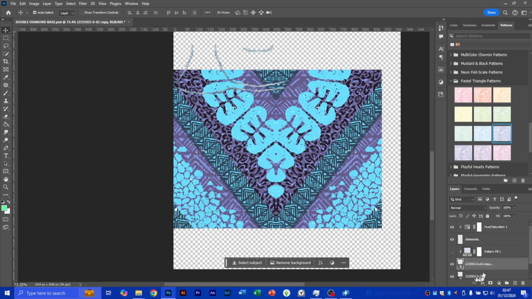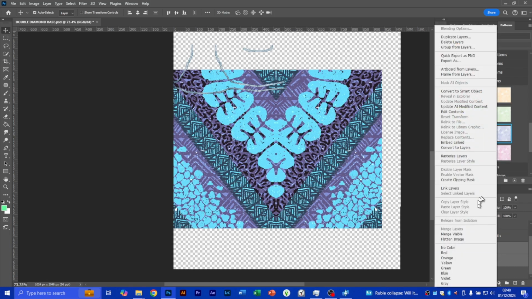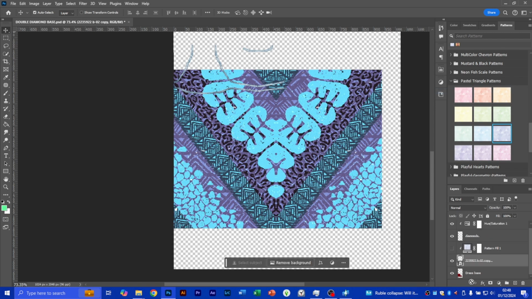Okay, so now that we've done that, I'm going to select both patterns, the original version and the copy, and right click on them and turn them into a smart object, convert to smart object. That way they are one item, and if I have to move anything around, I don't have to worry that I am basically disturbing the